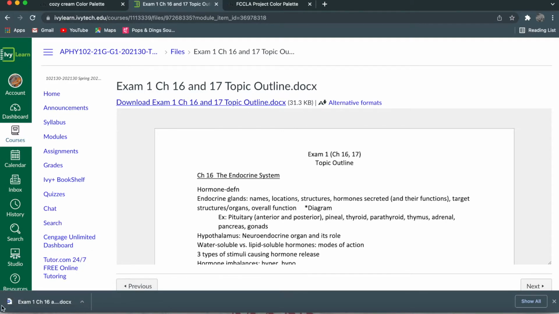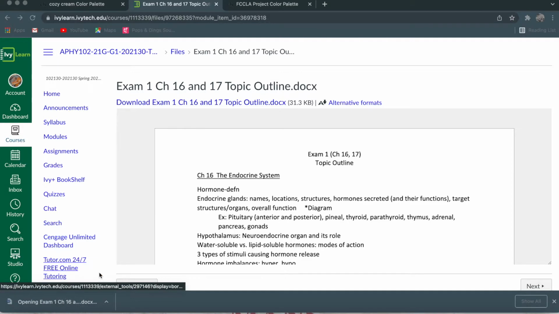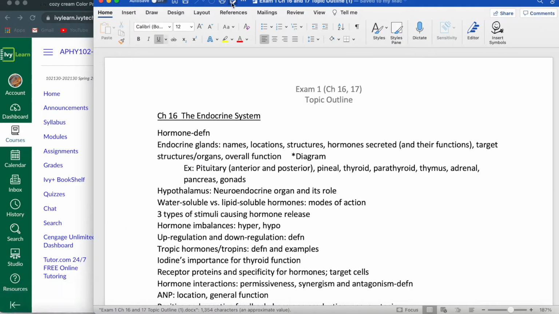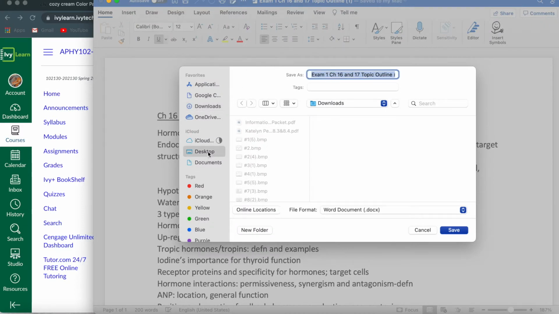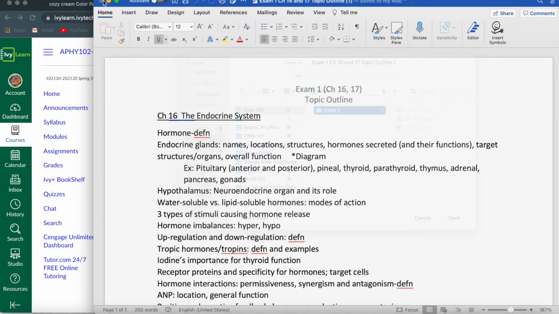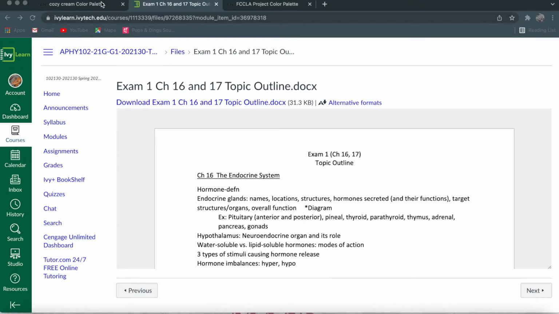For some reason, I had to open this one up in Finder, like if you're a Mac user, but it just wasn't opening, so I kind of had to mess around with it for a couple of times. And then I just saved it to wherever I wanted to, and then this one I wanted to save to my anatomy one, and then for exam 1. Now I'm going to go back to modules,